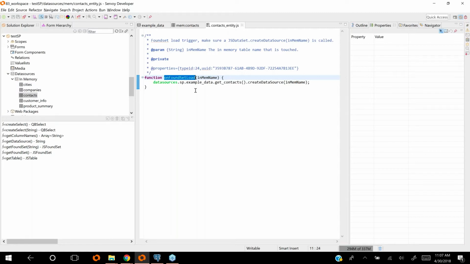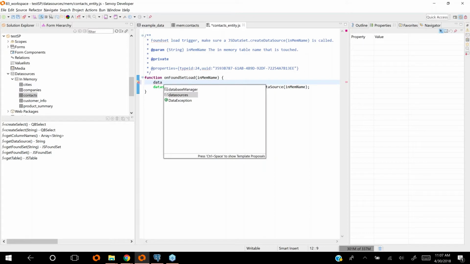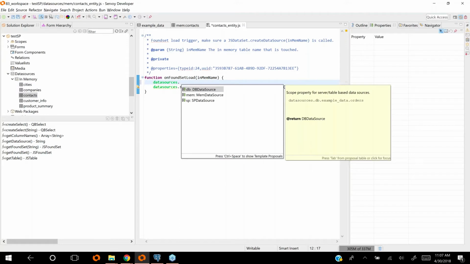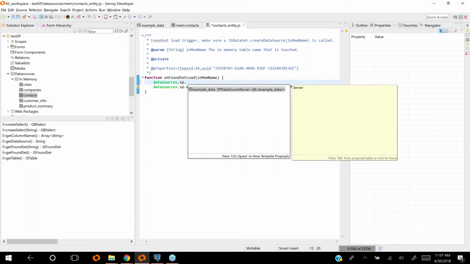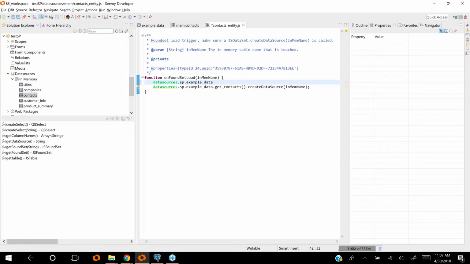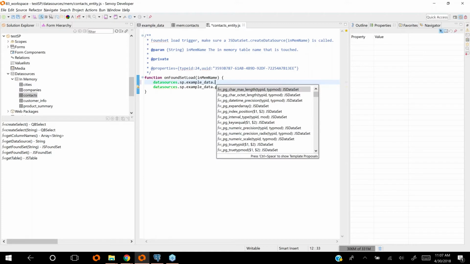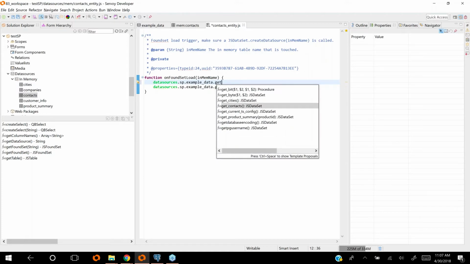And what I would point out here is the SP here. This is a new kind of data source in Servoy 8.3, and I'll give you some code complete just to show you. So if I do data sources dot, traditionally we would see DB and then mem for the in-memory data sources. Well, now it gives us a new category, SP for stored procedure. I pick available servers. Of course, example data is the only one where I had that checkbox, enable procedures, so that shows up. Then I get a list of all my procedures,